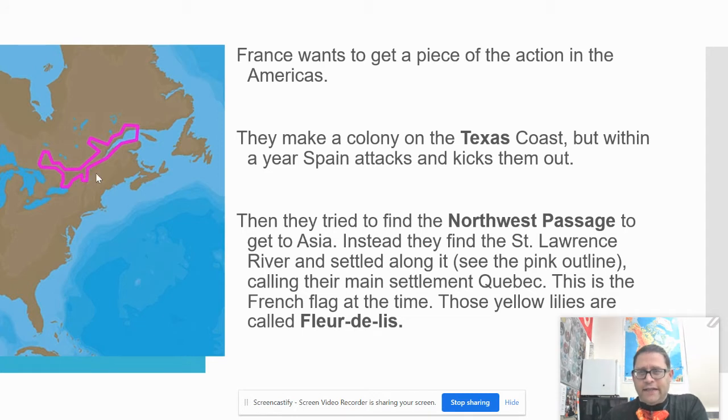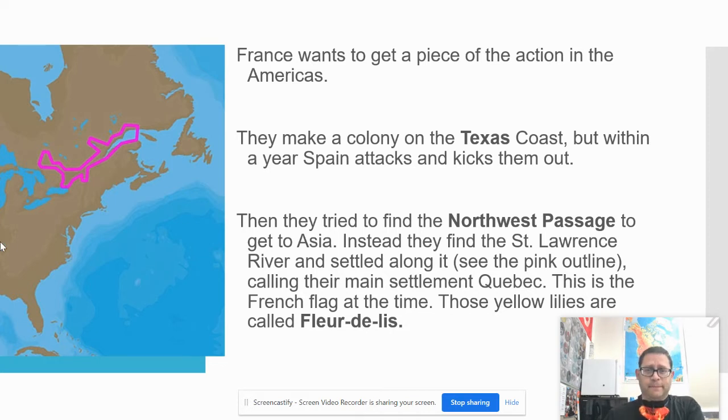Unfortunately, these lakes are up much higher than the rivers, so there are waterfalls going down. They got to figure out a way to get from lake to lake and through the waterfalls. So it's not that easy, but they really do believe that there is some sort of river passage to get to the Pacific. So they don't find it, but they do like the area, and they start settling there.